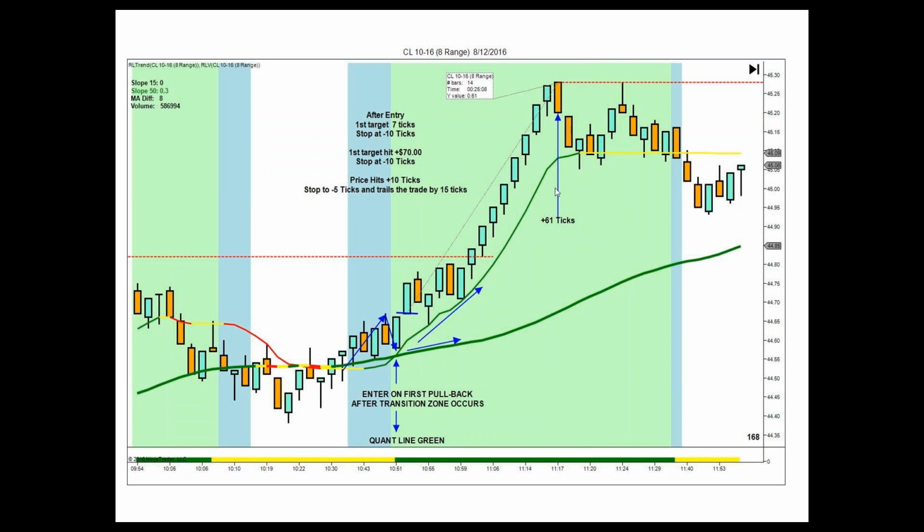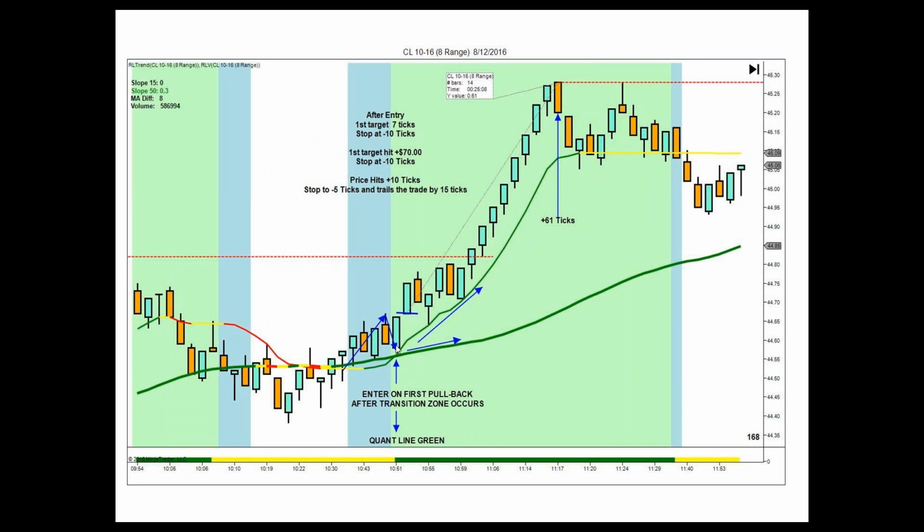We want to show you, and we're going to move to the charts very shortly, all the transition zone trades going back 20 days on crude. And like I said, it doesn't matter the financial instrument, and it doesn't matter the time frame. I didn't configure it for stocks, but I could have easily done that. And you can see here, here's the transition zone, the change to green. The strongest entry is when the retracement occurs on the zone color change.